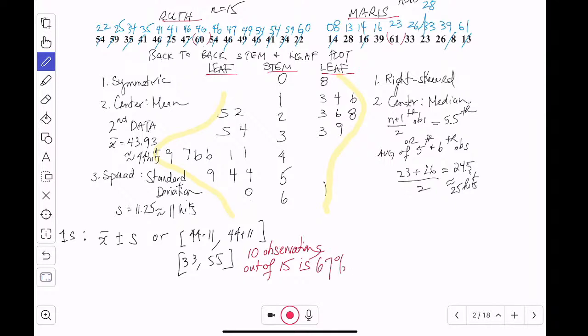So we can say the majority of observations are within 1 standard deviation from the mean, and that is usually the case, okay? That will usually be the case. It's known as Chebyshev's theorem, which I'm not going to get into for this course, but basically that should always be the case. Within 1 standard deviation of the mean, you should find the majority of the observations. Did I make any mistakes here? Does that work for everybody?